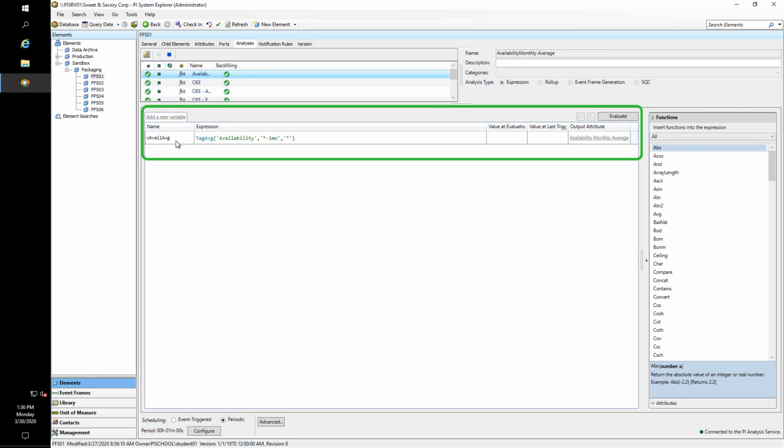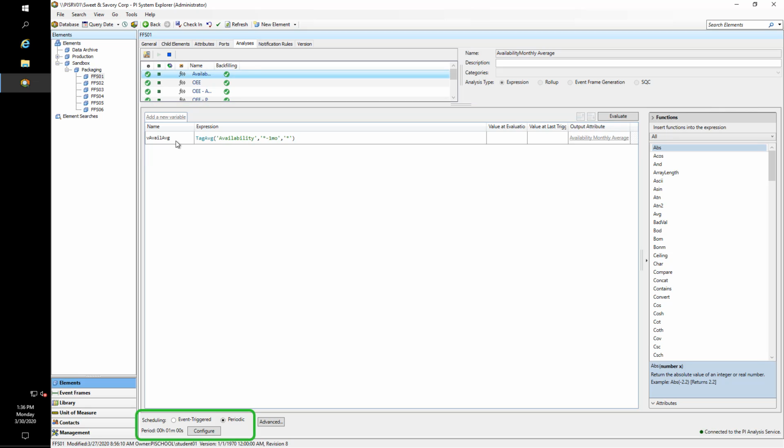If we look towards the bottom of the screen, you can see that we've chosen to schedule this periodically, but it's scheduled for 1 minute. So every minute we're loading a month's worth of raw data into memory, calculating the average, and then writing it out. Now, this is probably from when this calculation was first built. Often what I will do is set it to a very small period so that the values start updating. But once you're happy with the values, it's very important to make sure you fix the period so that